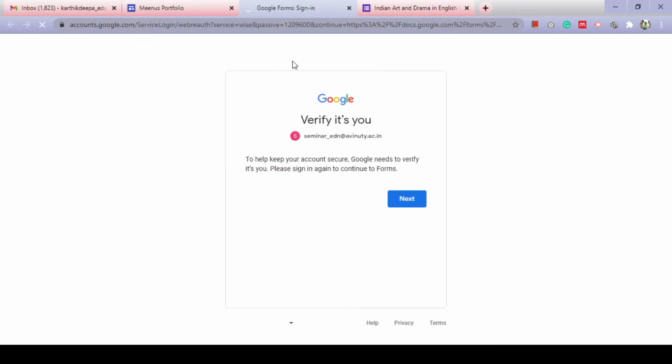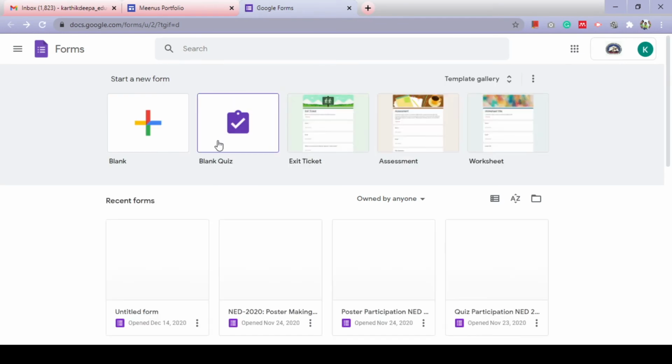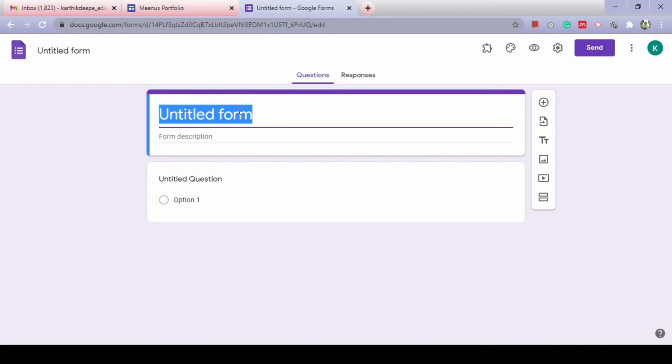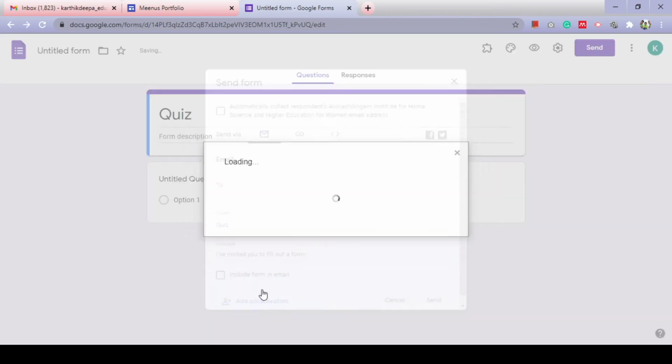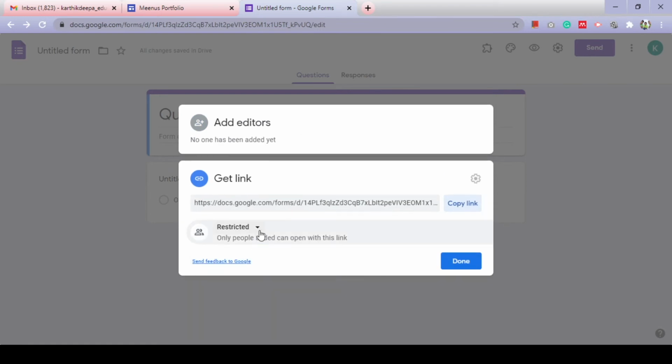If you want your friends to register for something, you can share it. So let us go for a blank one. Quiz. Just create a quiz and just send it. Maybe add collaborator. Change restricted link. Anybody with the link can join.